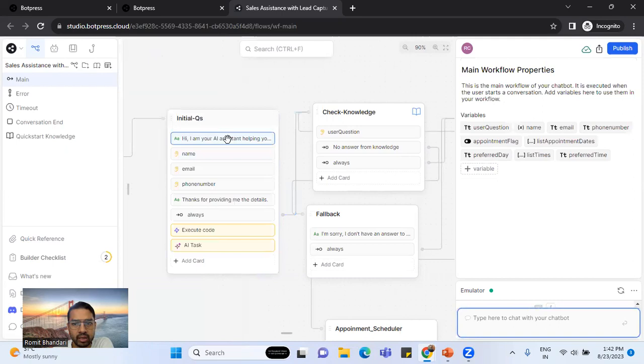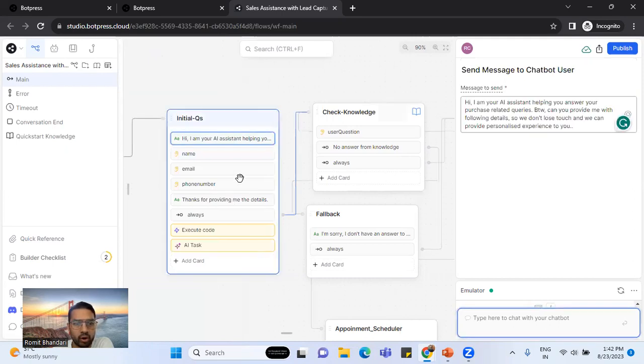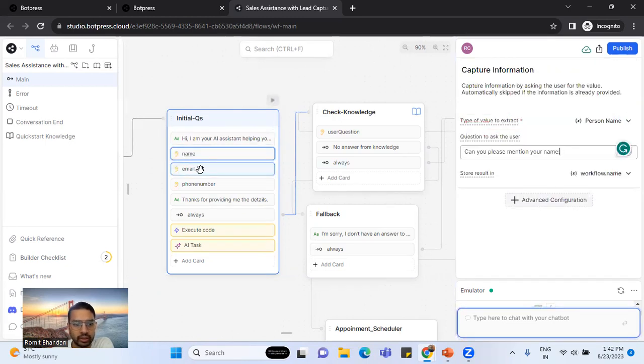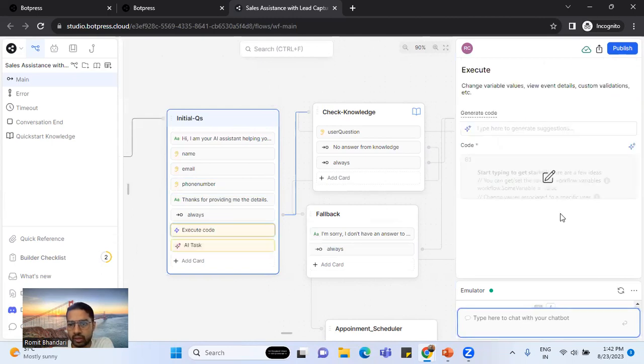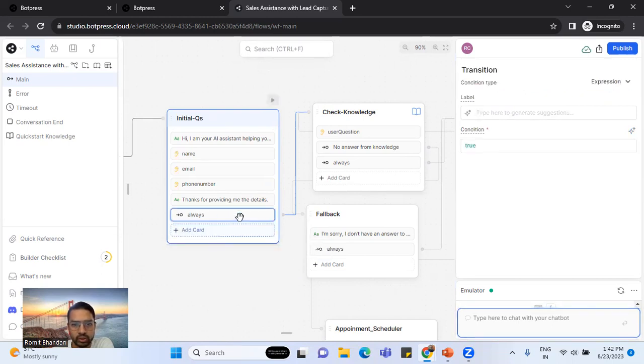Okay, so in this particular bot, first is the welcome message we are showing to the user. Then we are trying to get the name, email, and phone number from the user. Then what we are trying to do, I mean, this just happened by mistake when I was doing the demo. Then you have